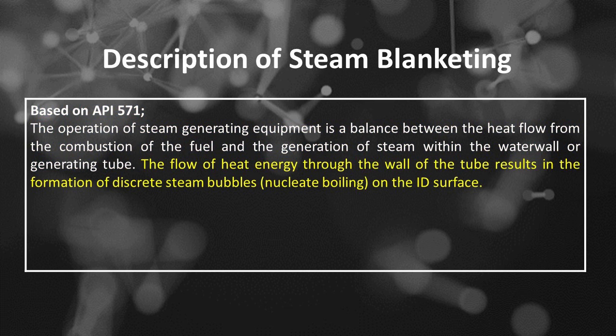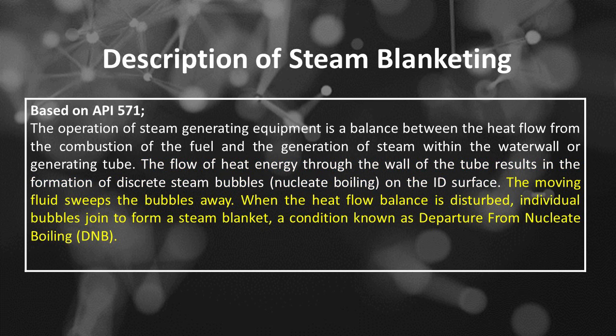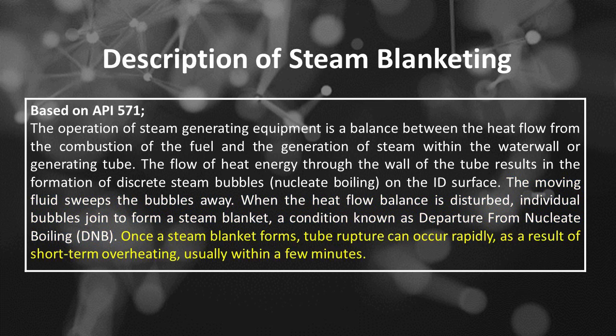The flow of heat energy through the wall of the tube results in the formation of discrete steam bubbles, nucleate boiling, on the ID surface. The moving fluid sweeps the bubbles away. When the heat flow balance is disturbed, individual bubbles join to form a steam blanket, a condition known as departure from nucleate boiling, or DNB. Once a steam blanket forms, tube rupture can occur rapidly, as a result of short-term overheating, usually within a few